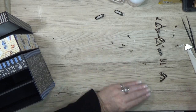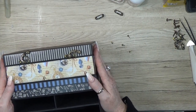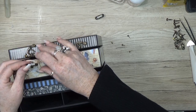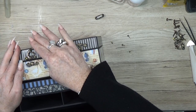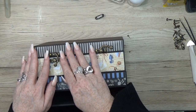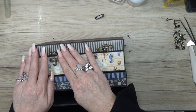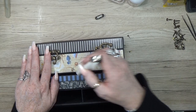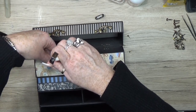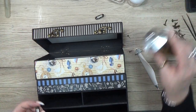Okay, these four I like. Alright guys, the moment of truth. First I'm gonna watch where this is gonna need it. So you put that little hook inside, and then if you think that it's the perfect spot, then you can poke a hole in, put the glue on,